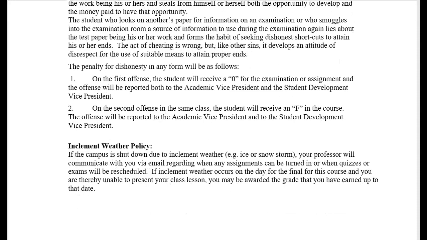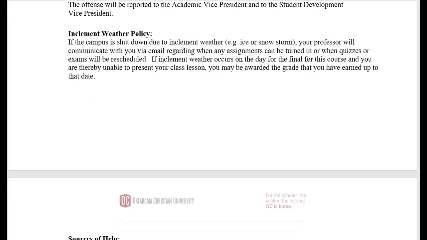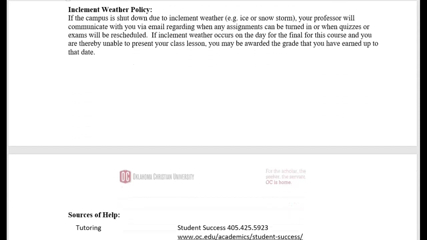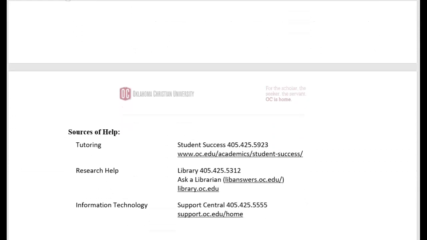This is a hybrid course, so we do meet on Monday. So if there is some kind of inclement weather event, an ice storm or tornado, I'll certainly communicate to you about class, and we'll make other arrangements. The other classes, since they're online, inclement weather isn't going to apply unless there's some catastrophic weather event.